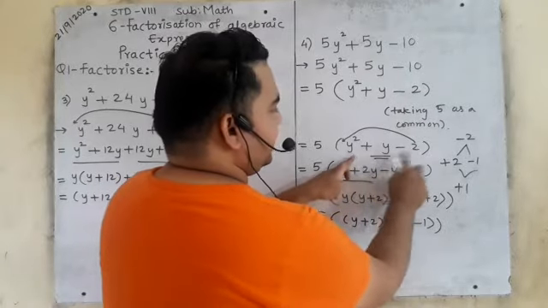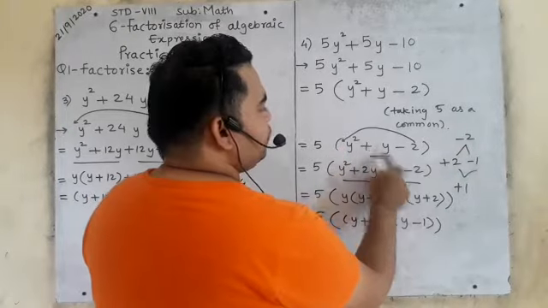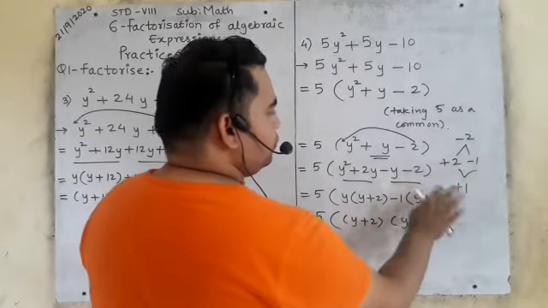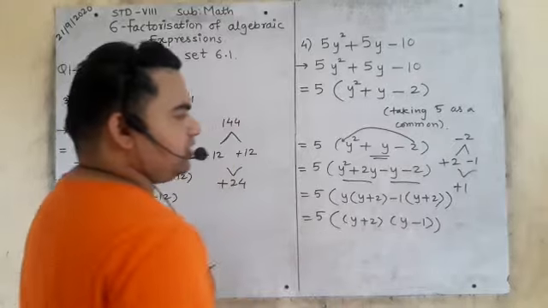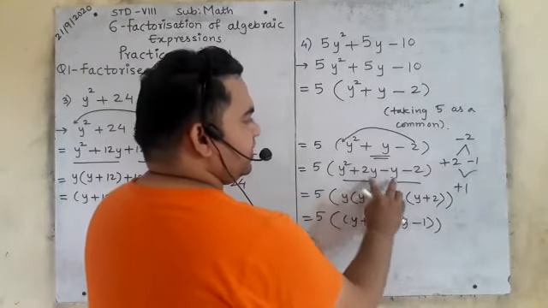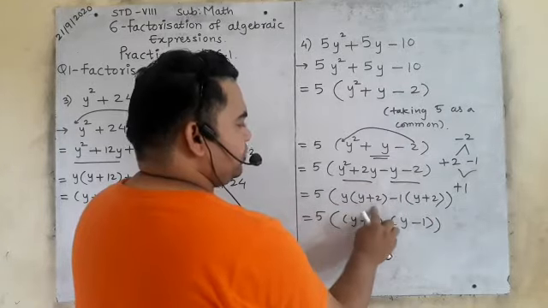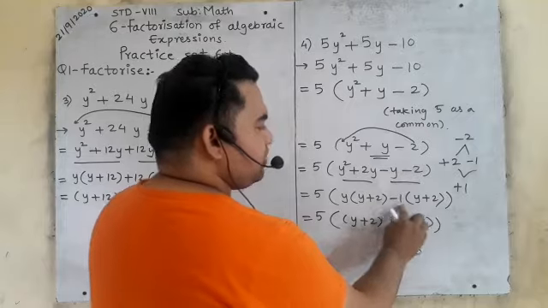This quadratic trinomial, okay? Y square minus 2 ones are minus 2 and you want plus 1 here, so 2 ones are 2, plus 2 minus 1 is plus 1, okay? Now you have to write 1y, instead you have to write the factors of this, right? Now what is common here? Y plus 2 remains. Nothing is common here, it means 1 is common.